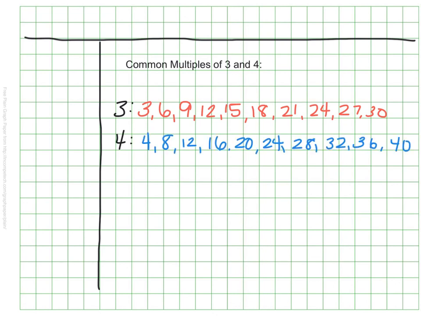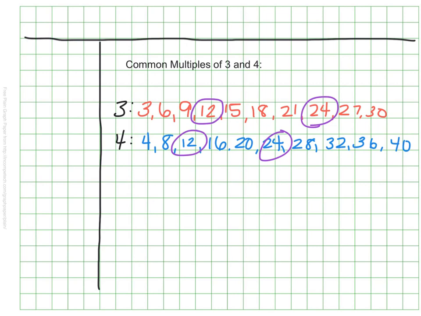So what did you find? I see on my list here that 12 shows up on both. That's a common multiple. And I also see 24 shows up on both. That's a common multiple. You can see in my list I went a little further than I had to do. That's fine. That happens, right? We want to make sure we cover all our bases, and sometimes that means we go a little further to look for our answers. I'll just take a quick moment to turn this into a Venn diagram as well,